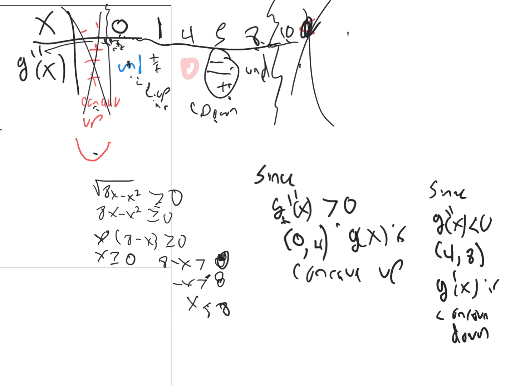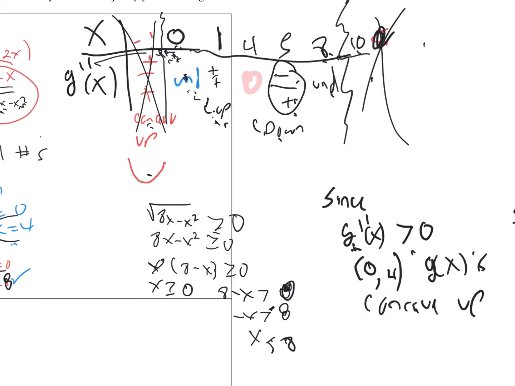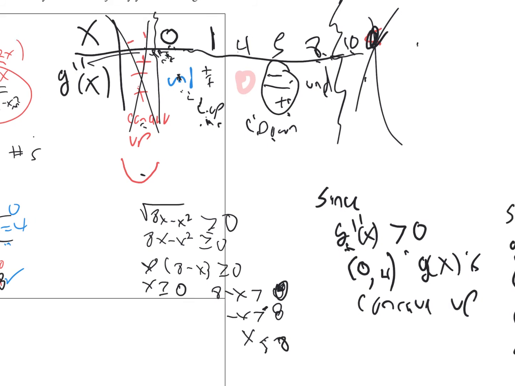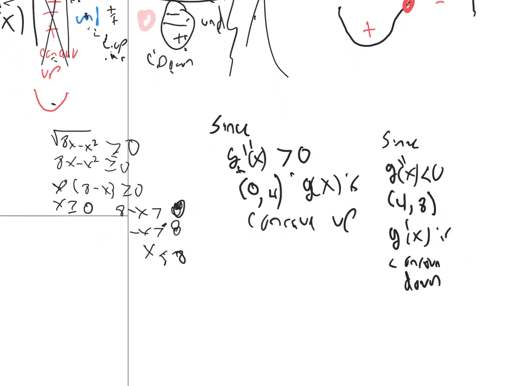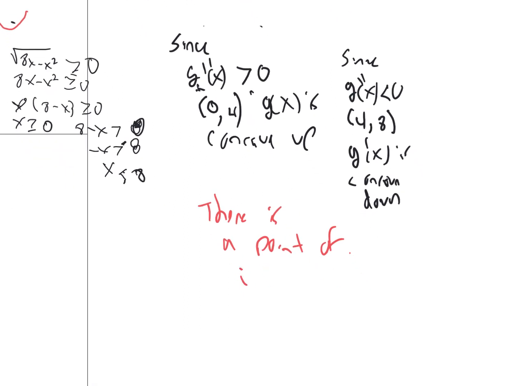There's something else I want you to remember. Since your concavity went from up to down, this is what happened. Concave up, concave down. What do we call what happened here if it was a change of concavity? You better say there is a point of inflection